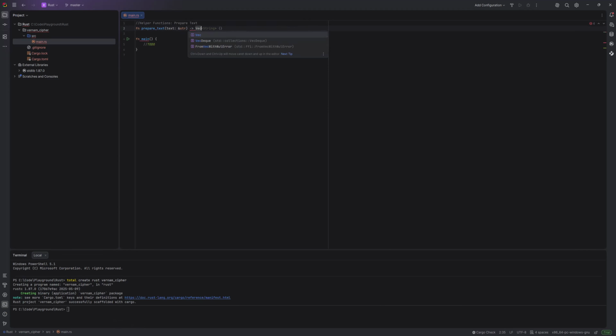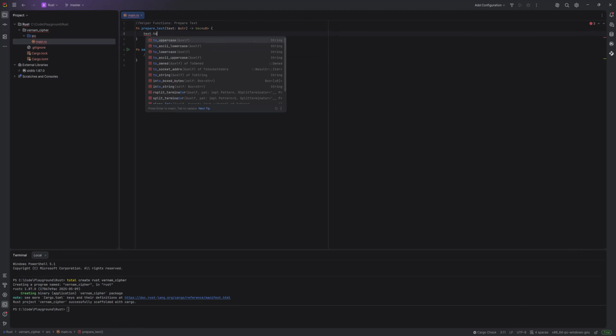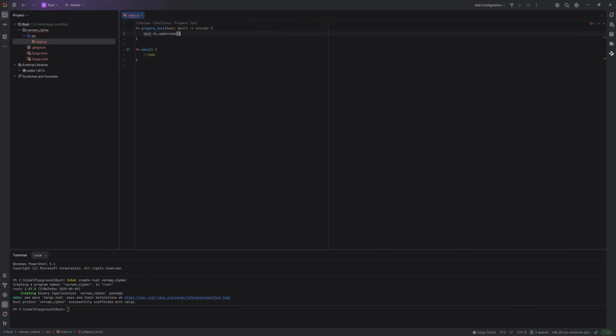That vector needs to be of numbers, right? So u8. Perfect. Now, let's go ahead and return that parameter text. And then we're going to convert it to uppercase. And then convert it to a character array. And we're going to filter that character array